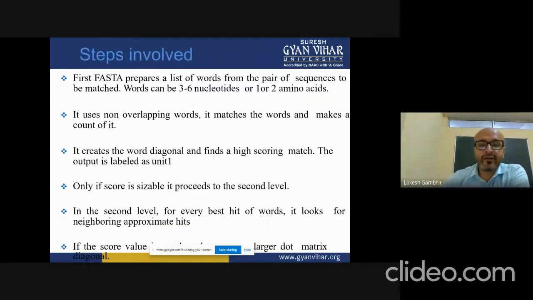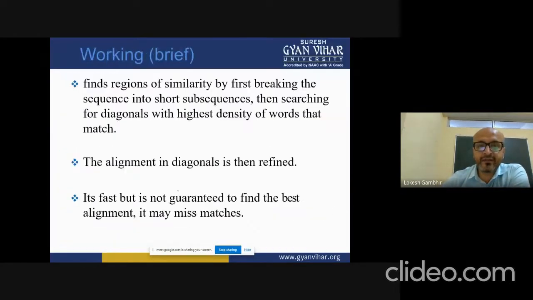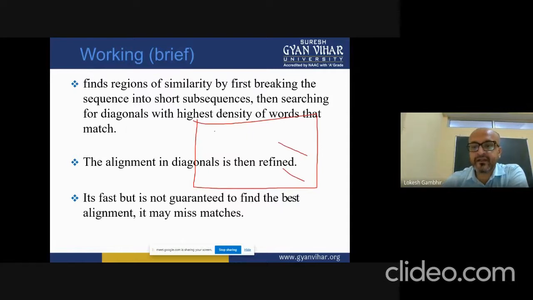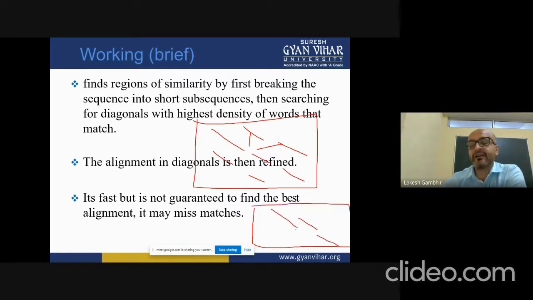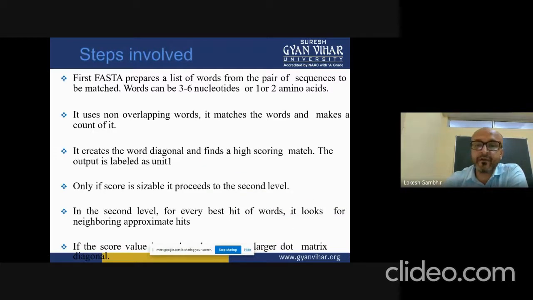Then again, what it does, let me show you in a very brief format. It will first of all use the algorithm. It will see where the diagonal regions are that show you the similarity. It will predict all the diagonals, and then it will start to refine. After predicting the diagonals, it will recalculate the score to summarize these diagonals into a more linear format of this type. And then again, it will start aligning the remaining part and will give you a perfect alignment.